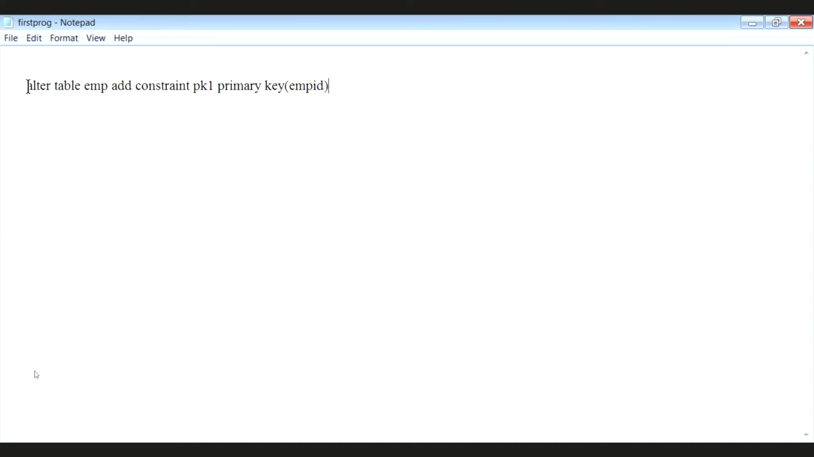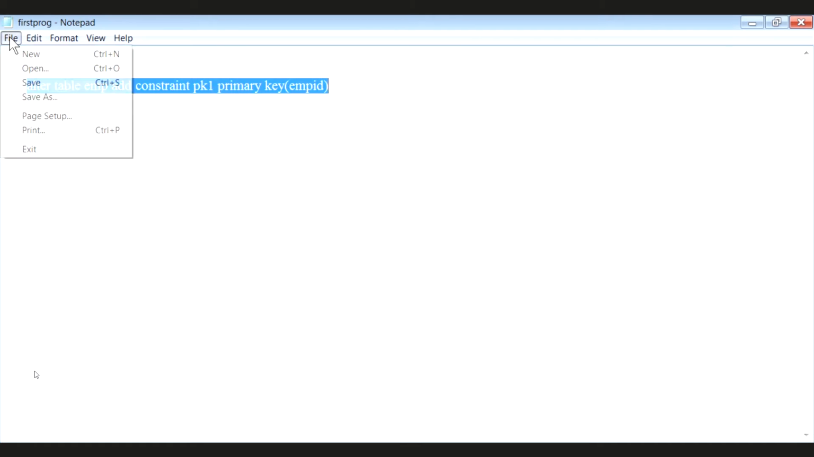But suppose I have created the table and forgot to add a primary key. Then I alter the table and execute it. There are two methods of executing this notepad file. One is, first of all, you save this so that it gets saved in your disk. And then there are two methods. One easy method is you just copy